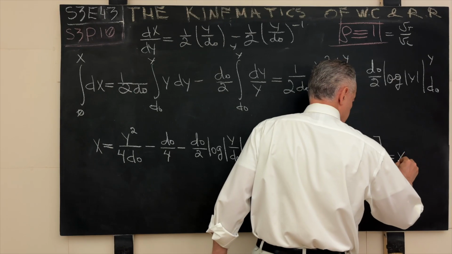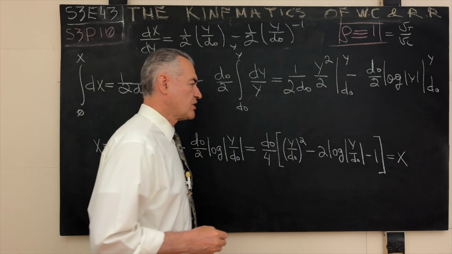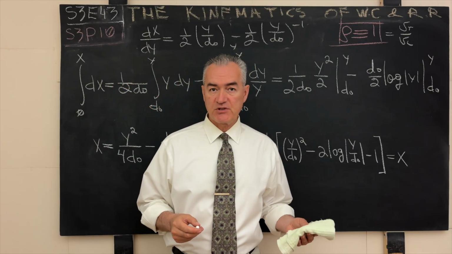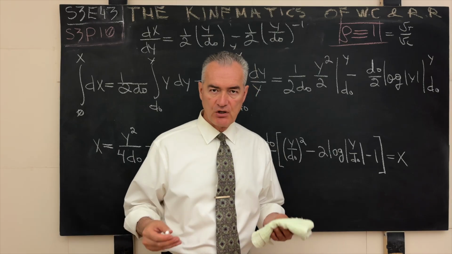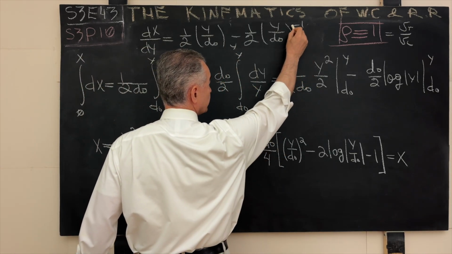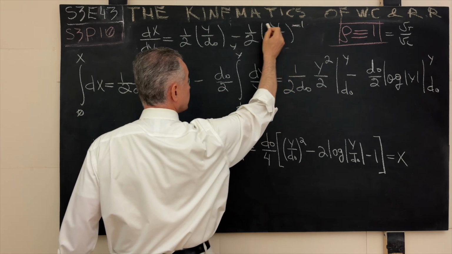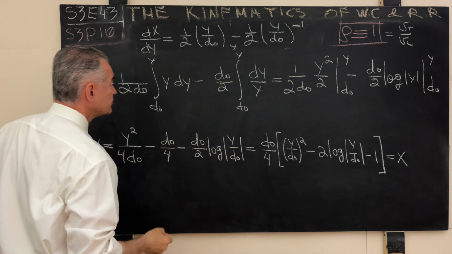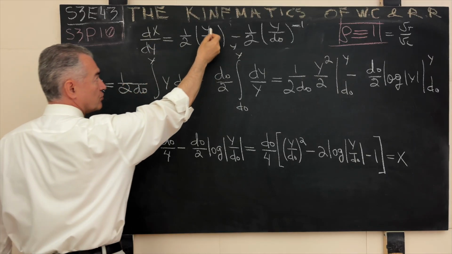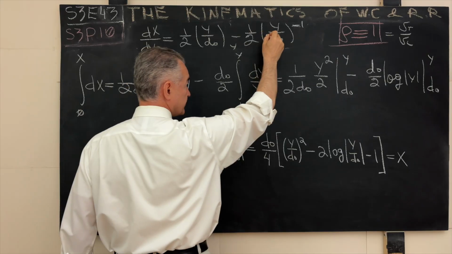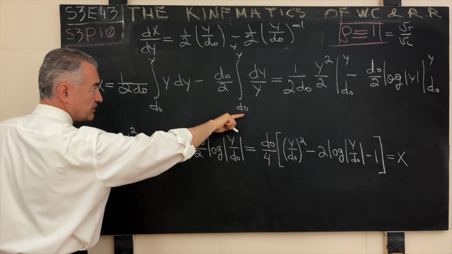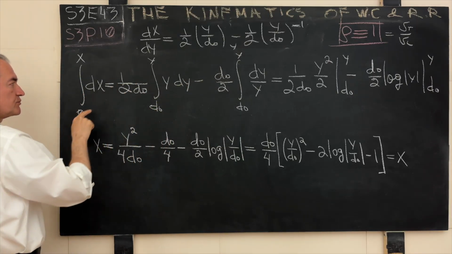For the case when the ratio of the velocities of the runner and the chaser is precisely 1, which means Wile E. Coyote runs at the same speed as the Road Runner, you do not need me. This is very straightforward. Here for the second term we have negative 1 power minus 1. Here we have positive power plus 1. So when we separate the variables one more time, dx is equal to this term times dy minus this term times dy. We integrate over the same boundaries from d0 to y, from d0 to y, from 0 to x.